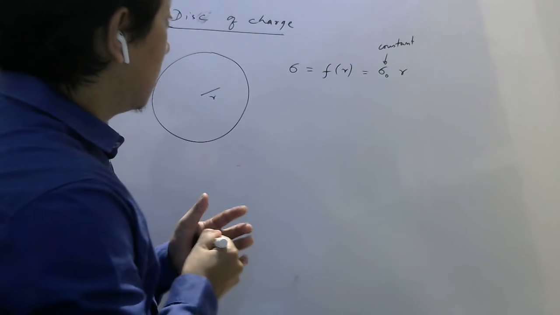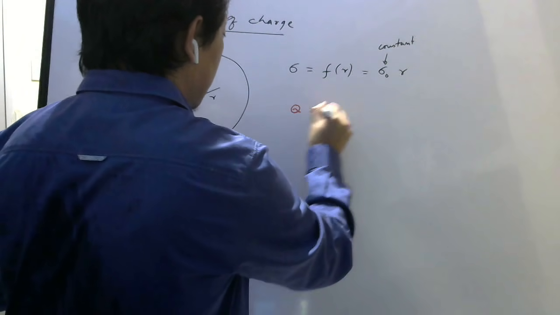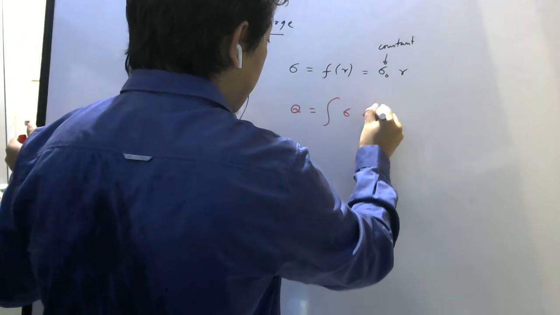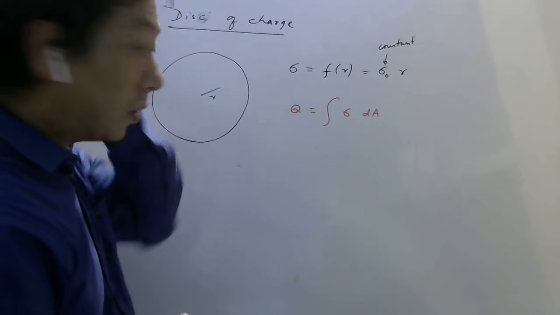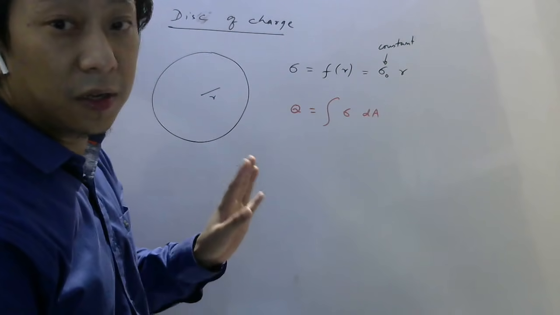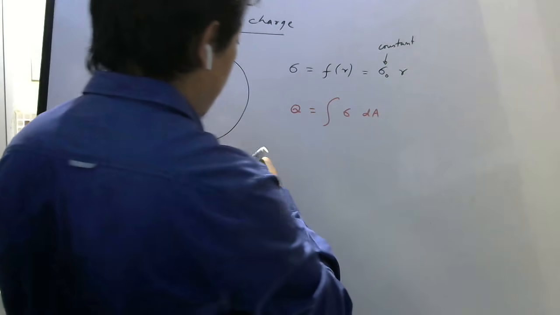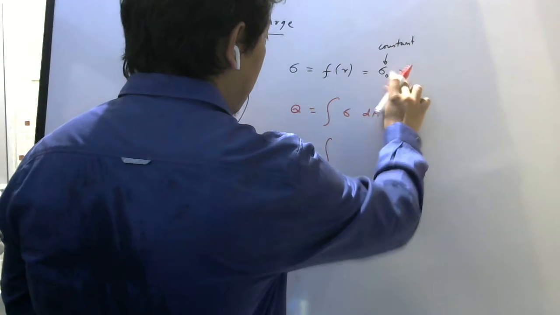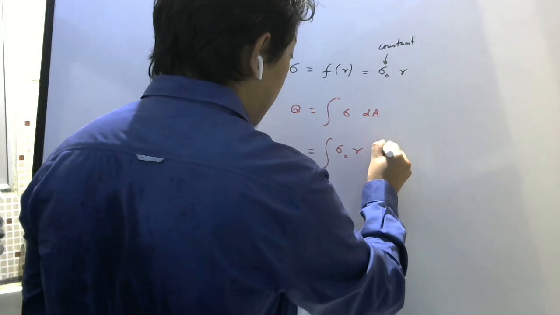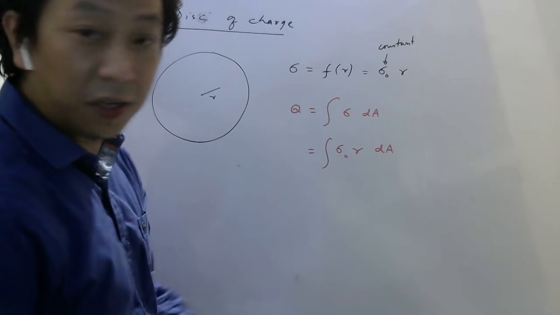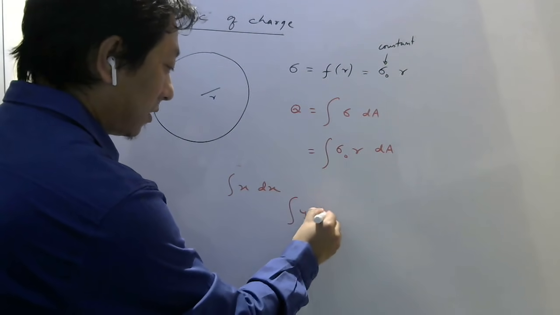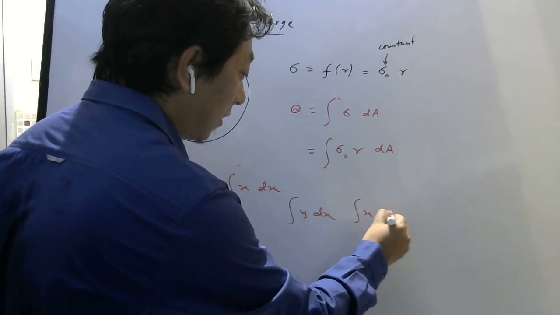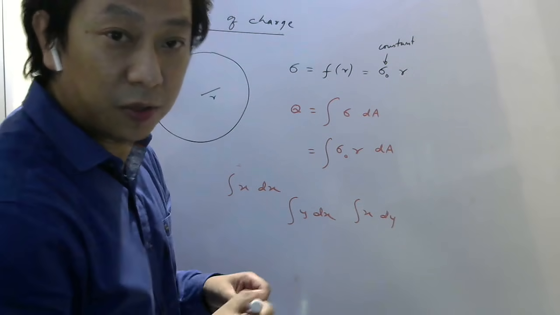Okay. Now, how do you find the total charge? You know the concept. The total charge will be this sigma into dA. Now, dA is what? Area of one small section here. But you have to substitute here in such a way, when you put area, you see what will be sigma given? Sigma is sigma naught r. Sigma naught r, and here dA will be left. Now this you cannot integrate. You know how to integrate x dx like that, but you cannot integrate y dx, or x dy. So this is r, this is dA. So it is not helping us.